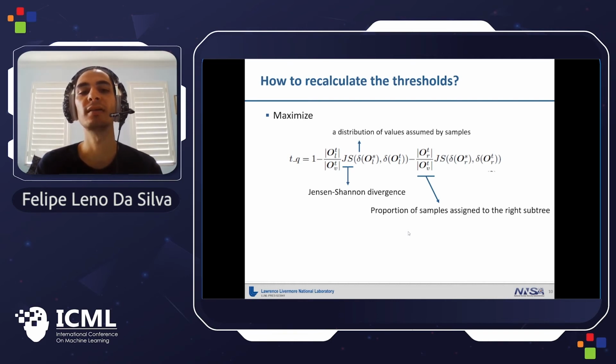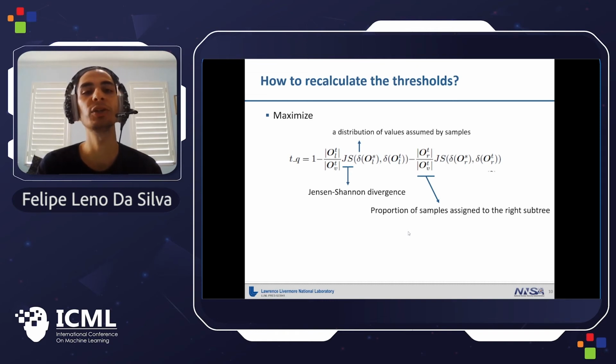So for example, in the first test, the tree will split the data in a given way. But since the distribution of values might have changed in the new task, you have an uneven split of the data, and we have to minimize the divergence between those splits.